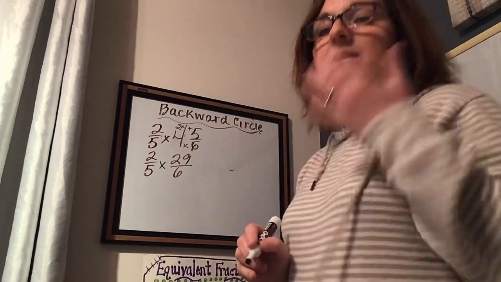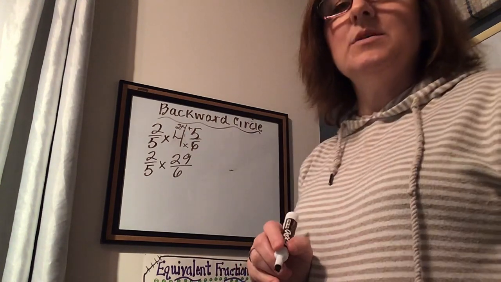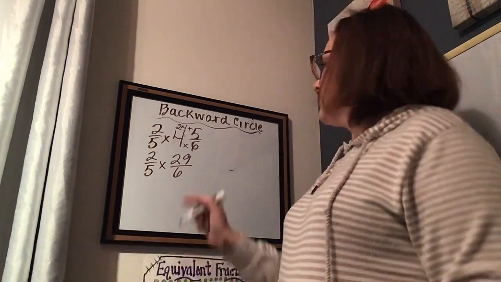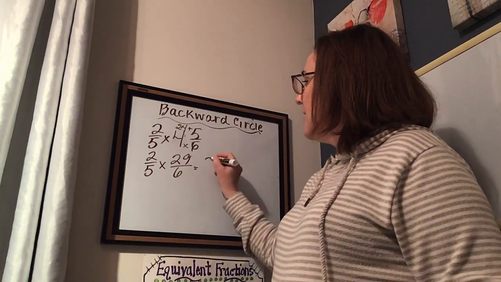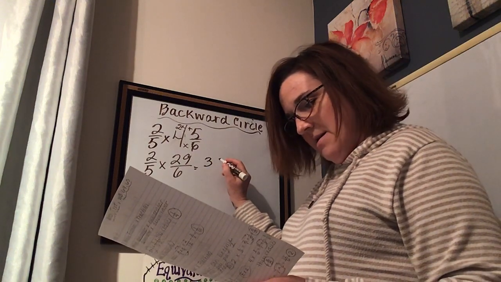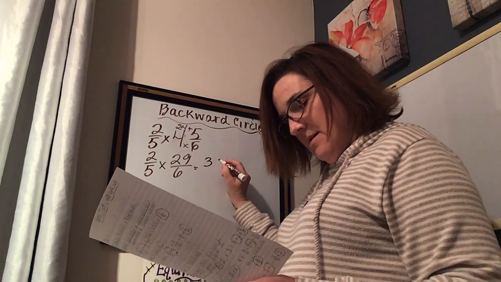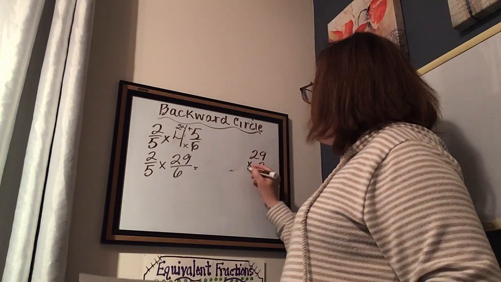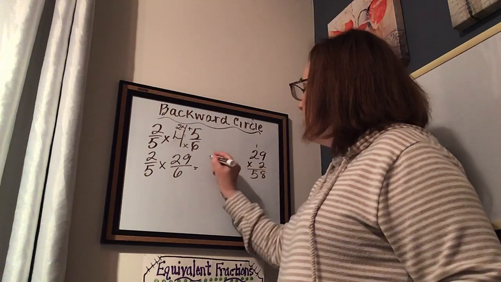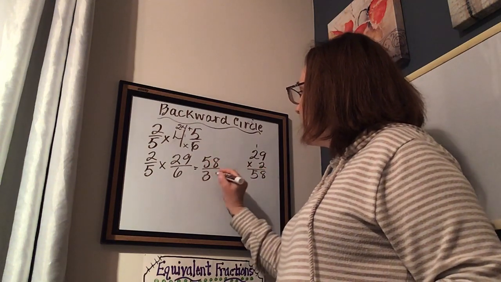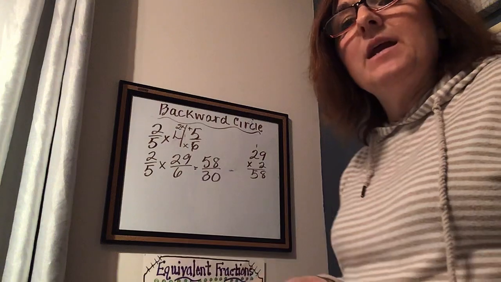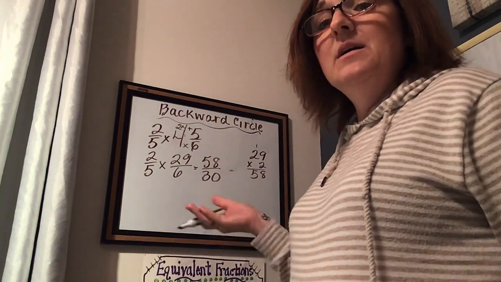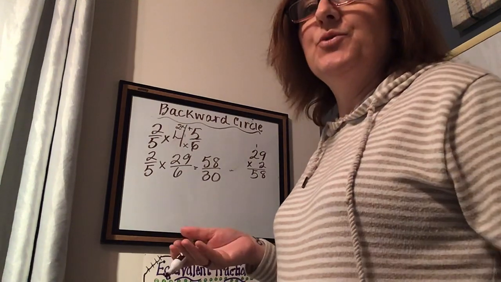And with 29/6, again, kind of big numbers, but you can do this. You can multiply on a sidebar. You can get out your handy dandy calculator. You just need to make sure that you are multiplying on this. And we're going to get 58/30, right? So with 58/30, again, doing that sidebar, you want to make sure that you can change this into